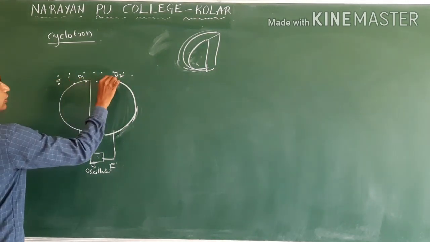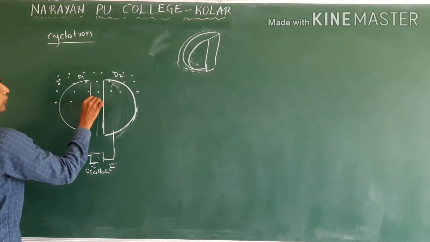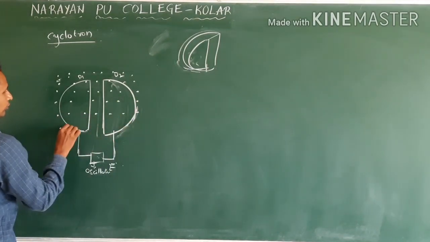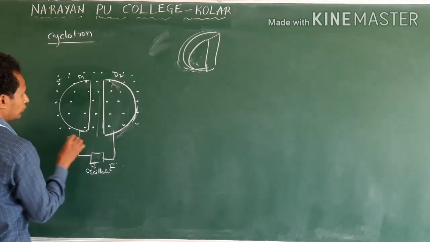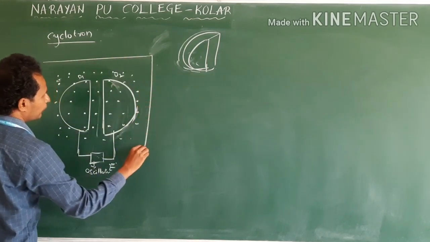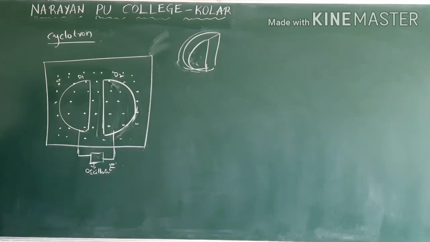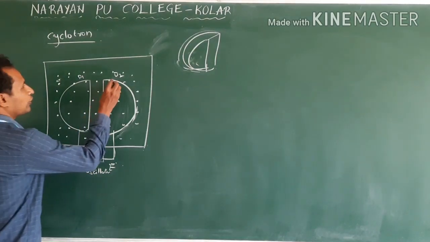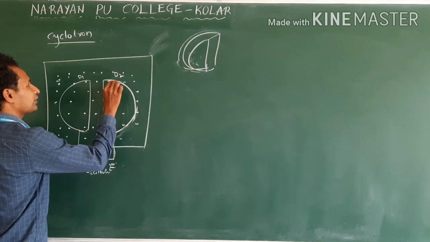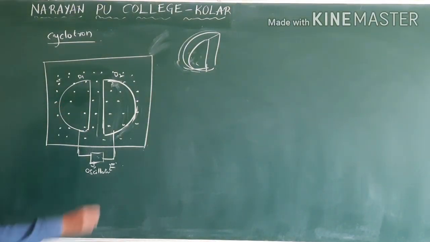Now, perpendicular to these, we apply the magnetic field. I am drawing here a dot. Dot means the field is moving into the page. This whole setup will be placed in an evacuated chamber. Clear? And here we have a plate. This we call a reflector. Clear? What is it that we will see now?